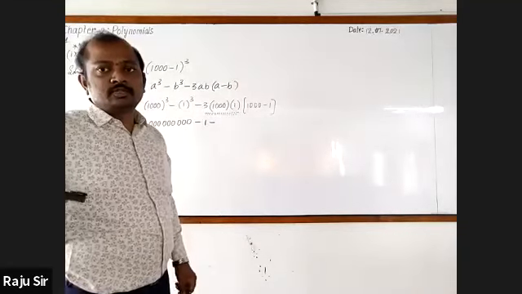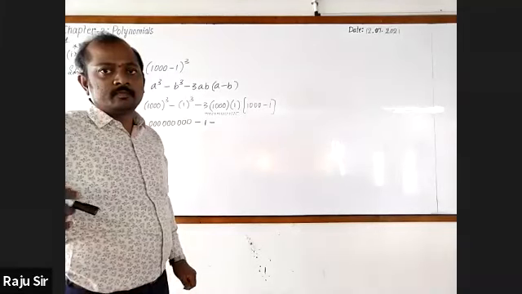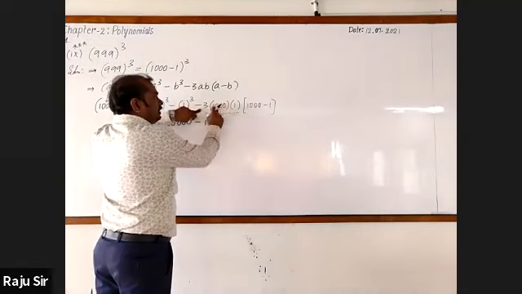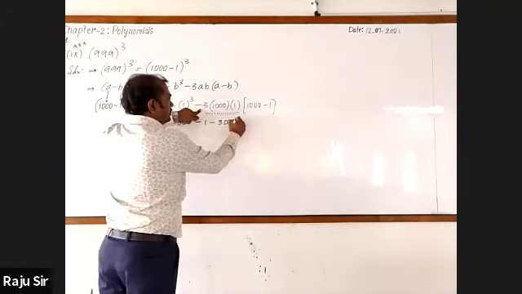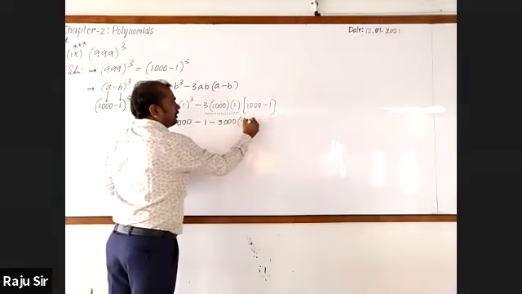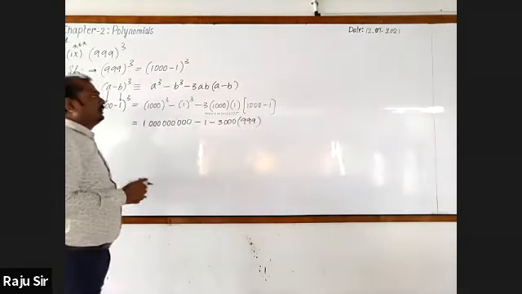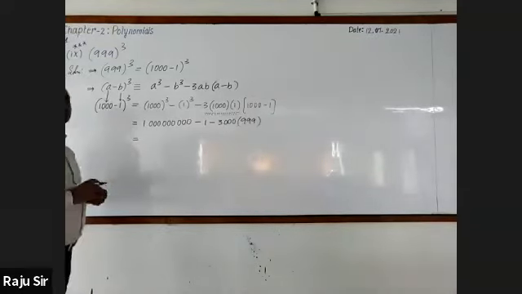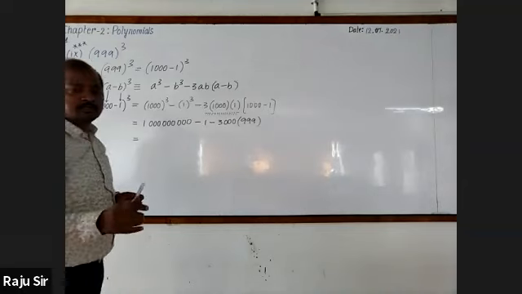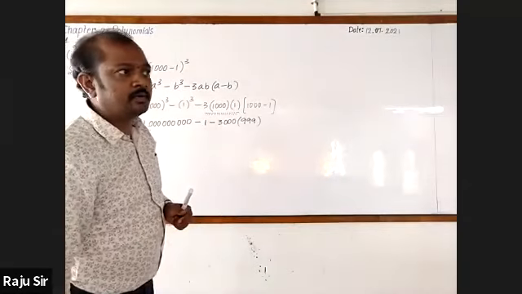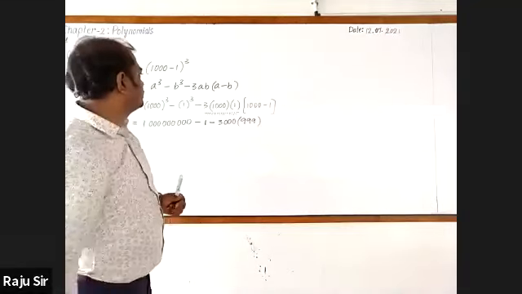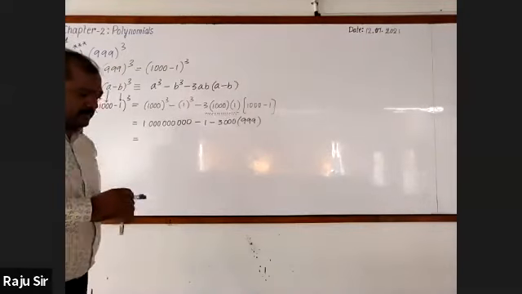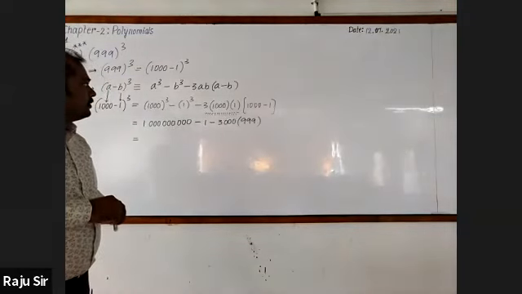Sir, Dhanush, 3000, sir. 3000. Yes. 3 ones are 3, into 1000, it is 3000. Sir, beside 1000 you will not put -1. Next. Sir, beside 1000 you will not put -1. 1000 means I'm not understanding what you are asking. Sir, he's telling you should write -1, not +1.